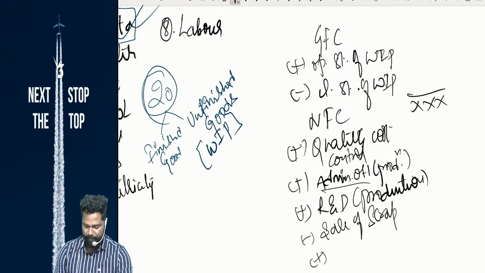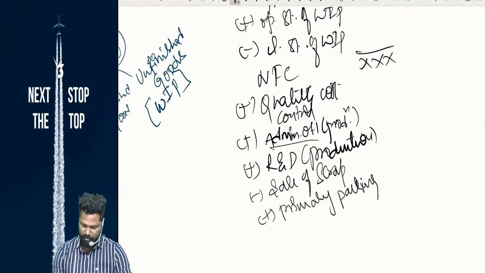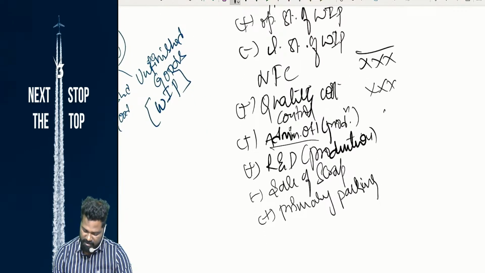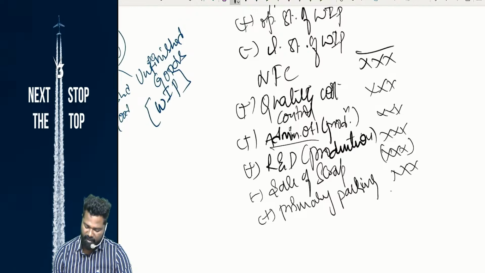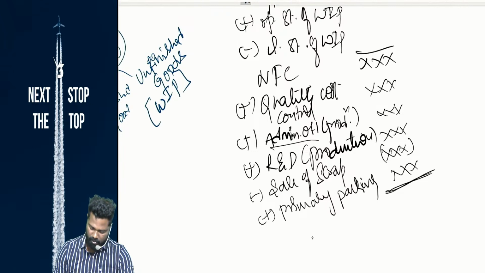लास्ट में क्या ऐड करेंगे? प्राइमरी पैकिंग। Lastly we'll add what? Primary packing. Remember what is primary packing? Okay, so we will add all this, whatever we arrive at is called, जोर से बोलो, cost of production।